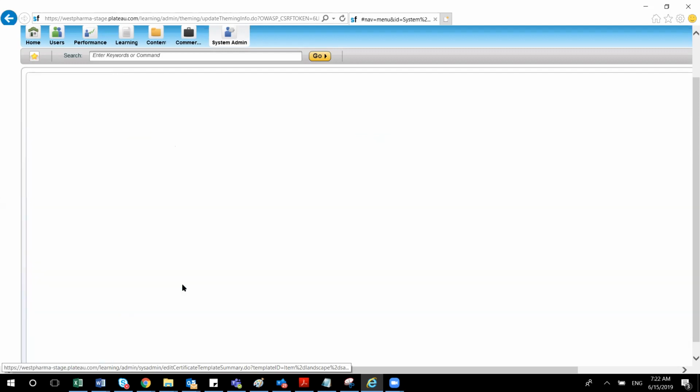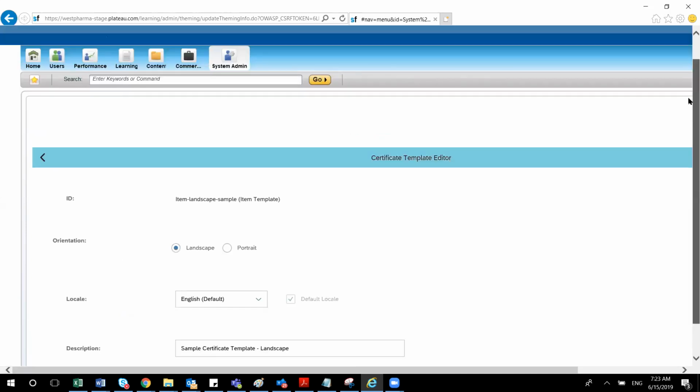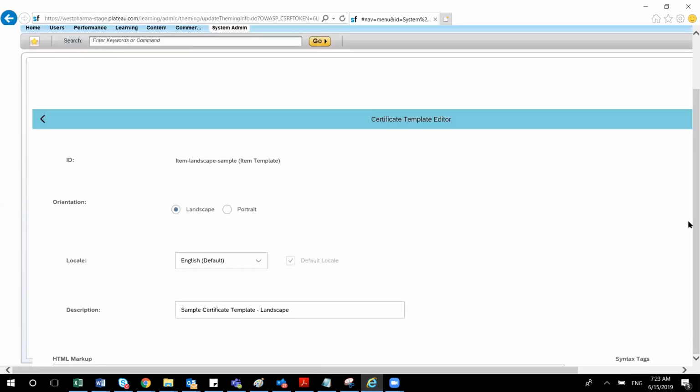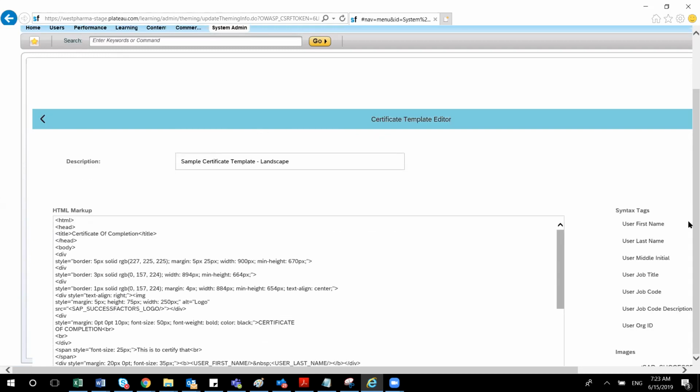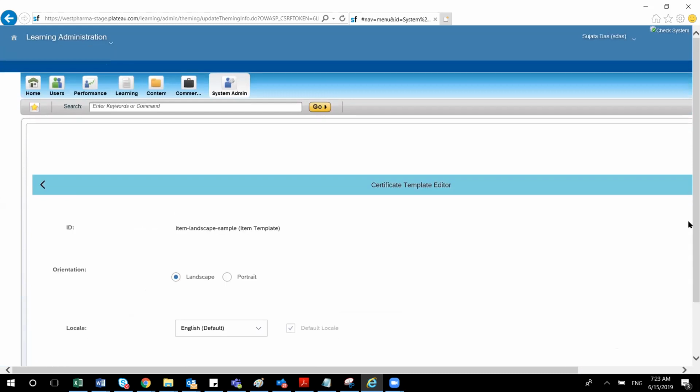If we go there, you can also create your own template. It's not that difficult. It's simple; if you know a little bit of HTML, then you can edit it. This is my standard template. You have different orientations, whether you want portrait format or landscape format.